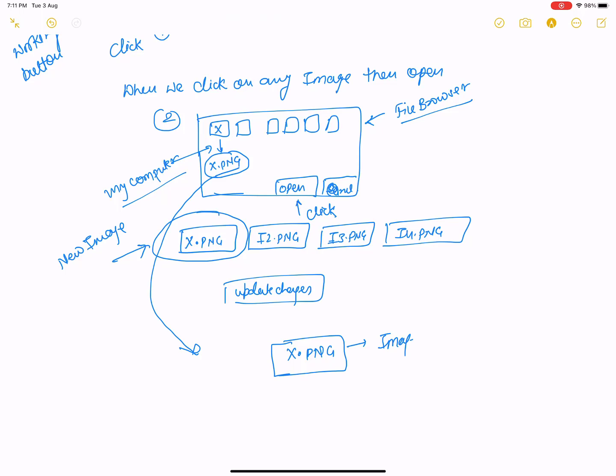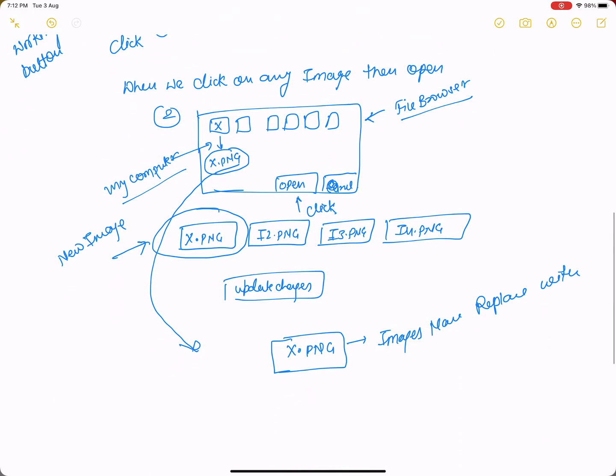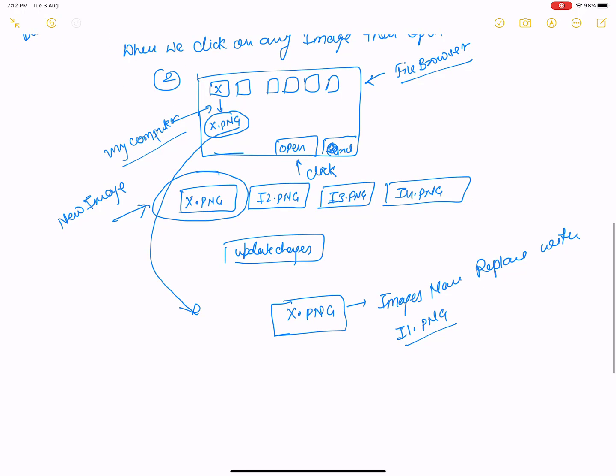So x.png is the newly chosen file name, and it is replaced with i1.png.